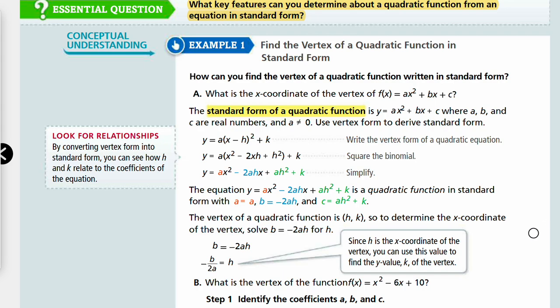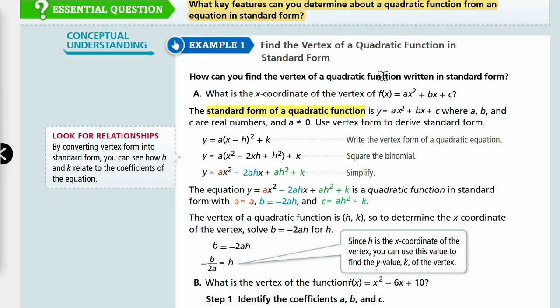Welcome to Algebra 2, Lesson 2-2, standard form of quadratic function. Example 1 is about finding the vertex of a quadratic function in standard form. So we're going to think throughout this lesson about the key features we can determine about a quadratic function from an